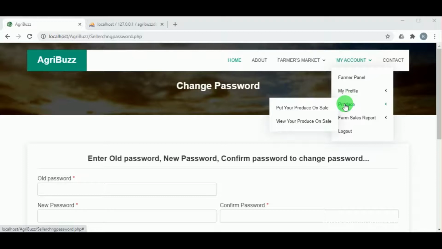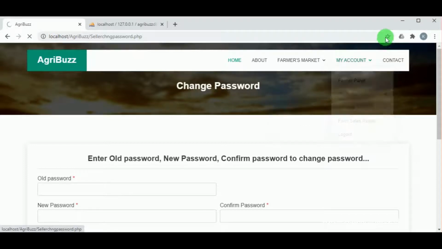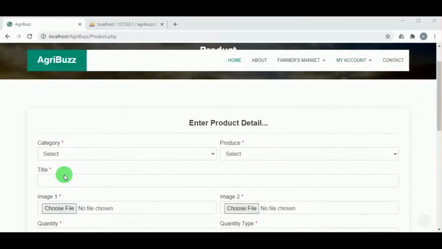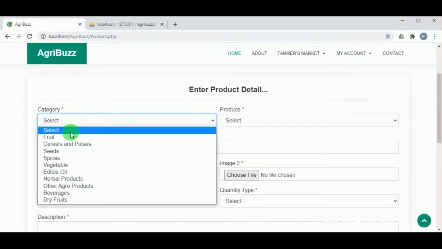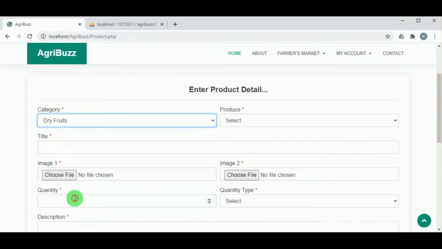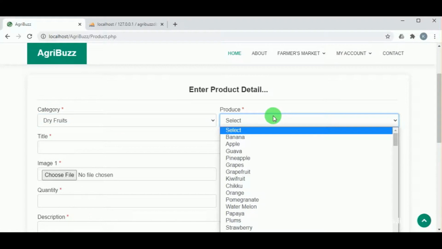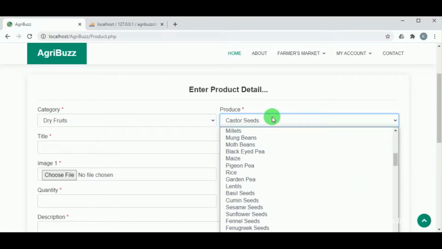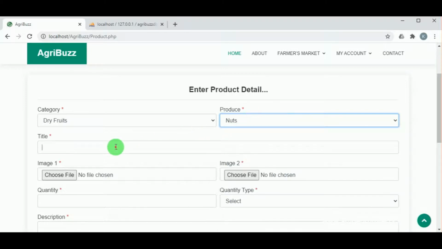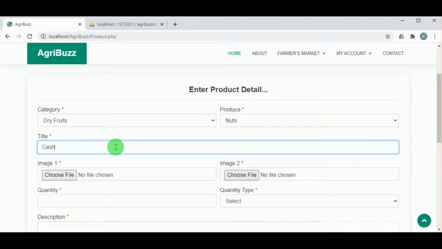Under produce, put your produce on sale. Here the farmer can upload his produce for sale. To upload the produce for sale, he must select the category of that produce and under which type the produce comes, and then the title, in which he can give the name of his produce.